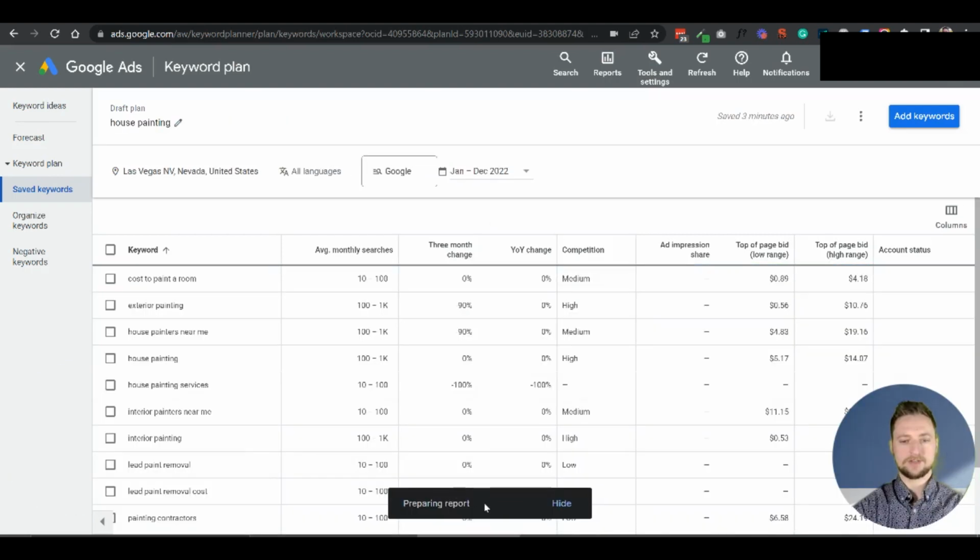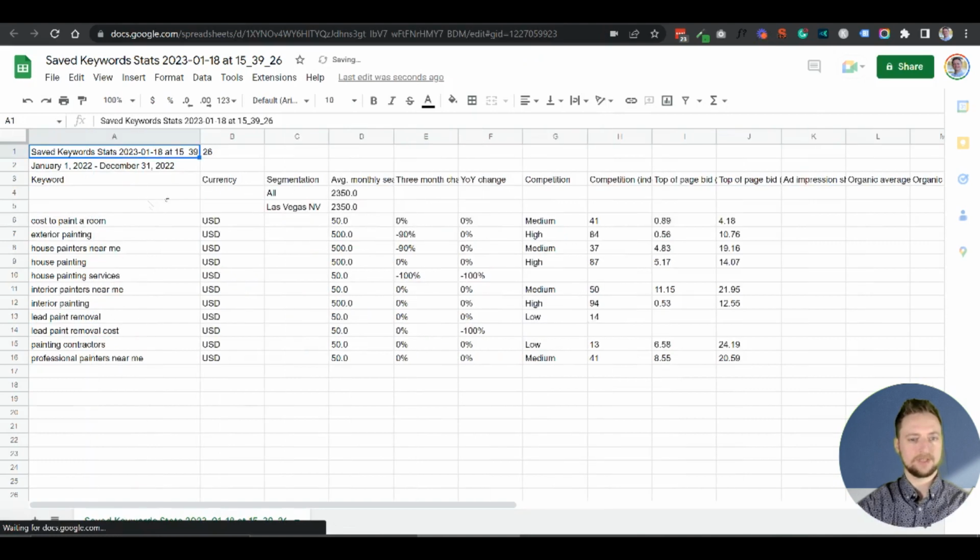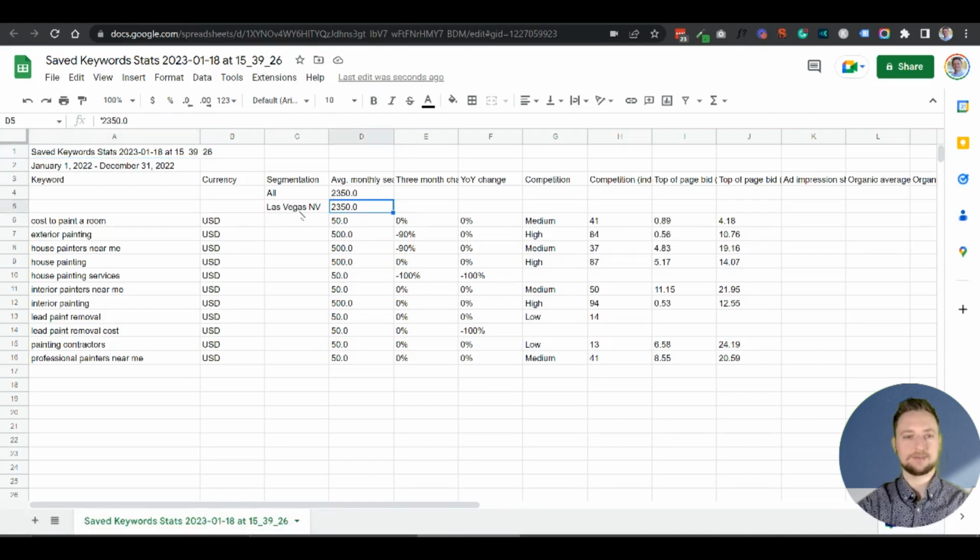And then pay attention down here on the bottom of the screen. You can click Open Sheet. And there we go. And I like to expand this first column so I can see the full keyword. And the main thing I'm looking at here is the average monthly searches right here. And as you can see, you can double check it's still focused in on our target area. So with these 10 or so keywords, that's 2,300 some searches per month. So what is that? Something like 80 searches per day.